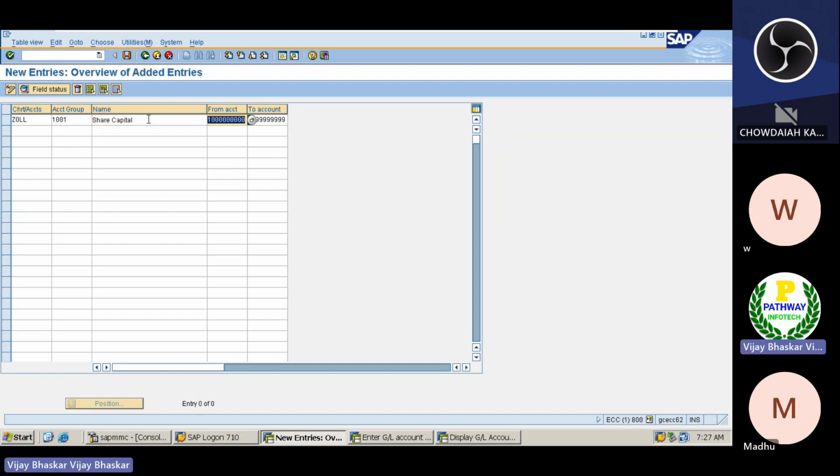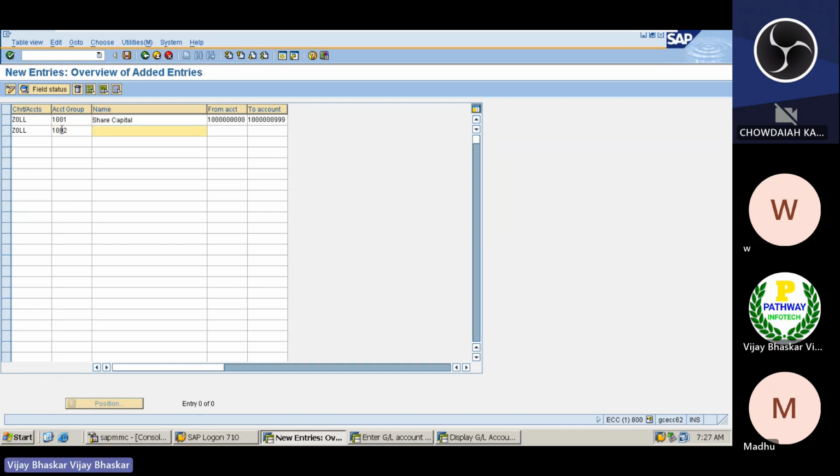The number would be from here to here, so this number which I want to use for the share capital. Now, in a similar way, if you want to classify the GL accounts 102, or 201, 102,